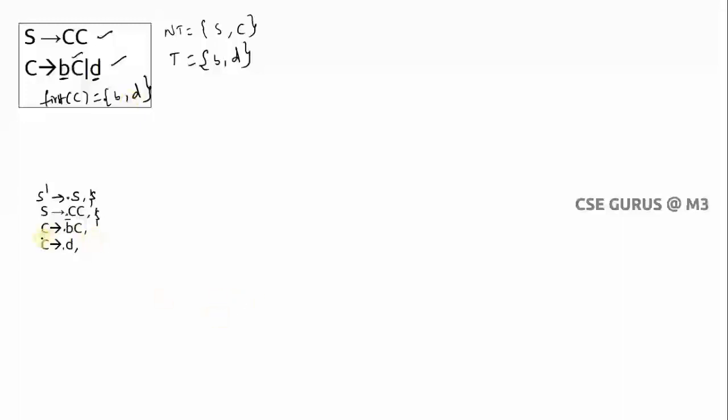Now you can observe. So for C, what you need to write? You have to check: is there any dot C production? Yes. What is the symbol after dot C? C is there. What is first of C? B and D. That you need to write here, B/D. Again here also a non-terminal, no? C. So that's why again dot C. Is there? Yes. So again the same thing.